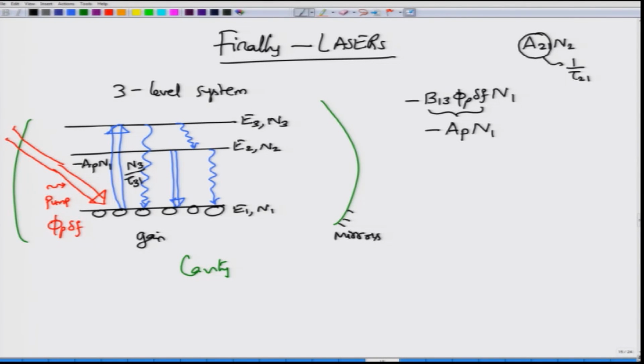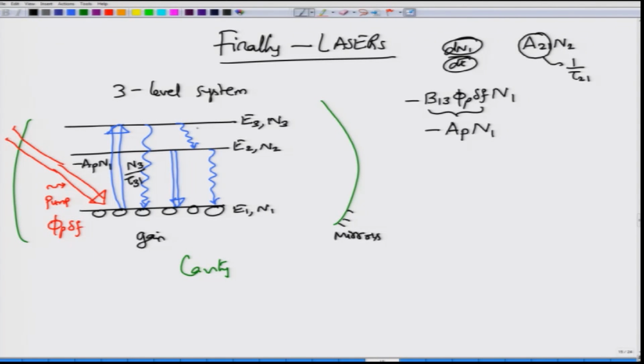It makes sense because N2 by tau 21 will tell you the rate at which N2 is decaying because of the spontaneous emission. The numerator is the population density, and the denominator is the time, which is what the left hand side was, the rate at which N1 was changing with respect to time. So, all the spontaneous emission terms are written as 1 by tau, with the subscript telling you which energy level to which energy level we are considering. Therefore, the spontaneous interaction from E3 to E1 can be written as N3 divided by tau 31.